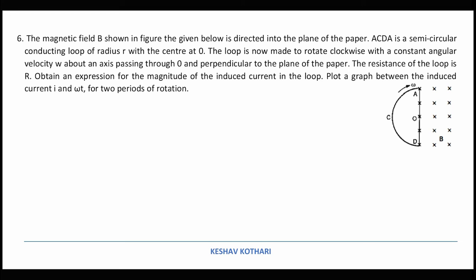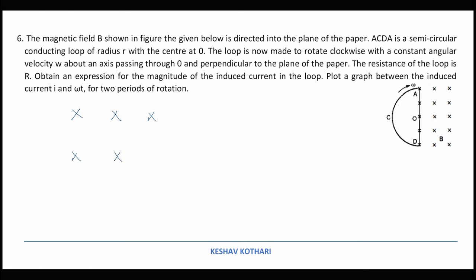So in this particular problem, if we analyze this case, initially when the semicircular conducting loop is outside the magnetic field, there is no flux change associated with it. Now as this loop is introduced in the region of magnetic field, some flux will be induced in it and an EMF will be induced. So let us look at this at an instant when the loop is rotated by an angle theta. I am drawing another big diagram for our understanding.